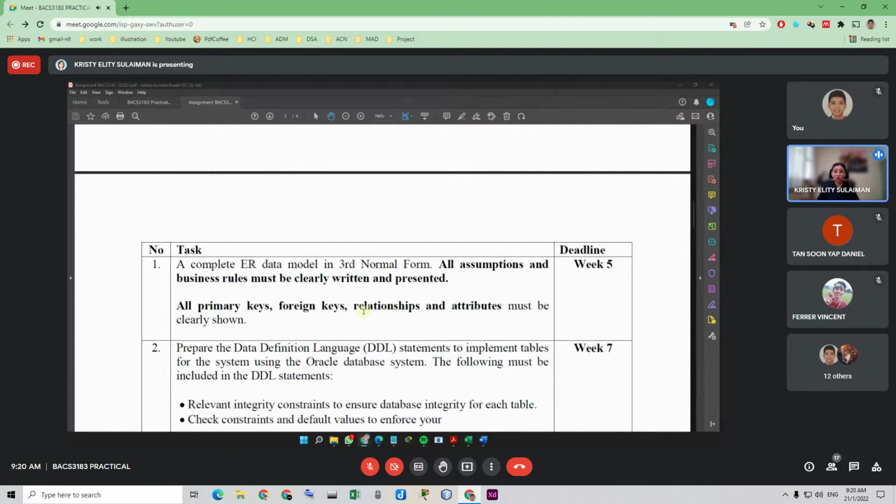For the software that you will need to use for this, there's no specific software that we need to use. You can use what you have, or any software, as long as you can produce this ERD model, so that you show all the required information: the primary keys, foreign keys, relationships, and attributes.